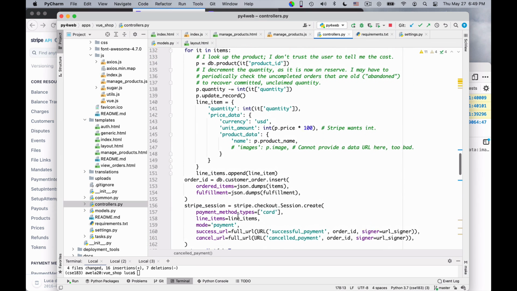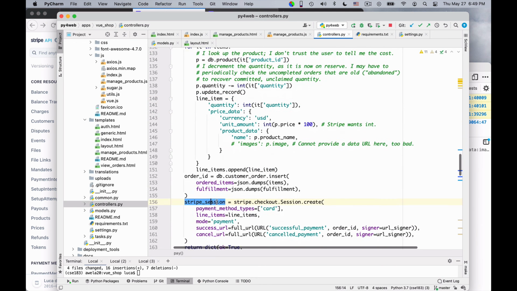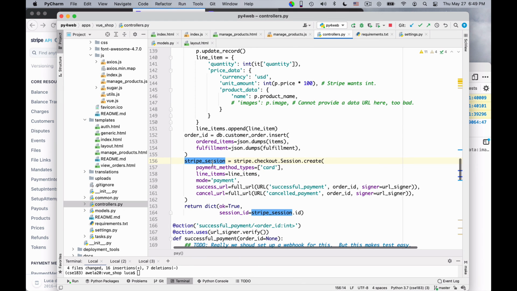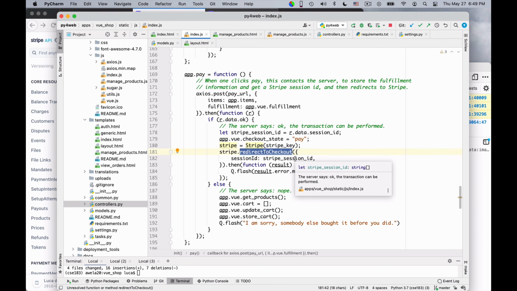Again, there is this little dance in which we create line items. We create a Stripe session so that Stripe will know what the user will try to pay for. We retrieve the session ID and we pass it back to the browser. And then on the browser, the crucial place is this redirection to checkout, in which we cite the same session ID, so that when the user is redirected to the checkout, Stripe can display what the user is trying to buy and can provide the proper price. Okay, so that's it.